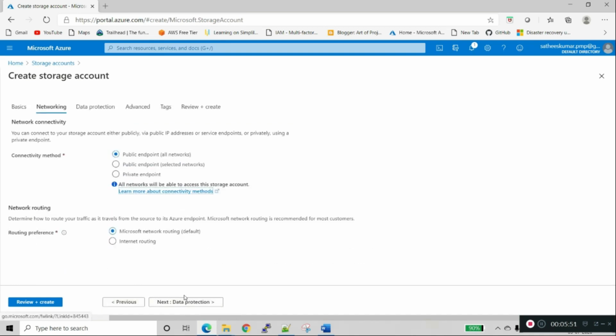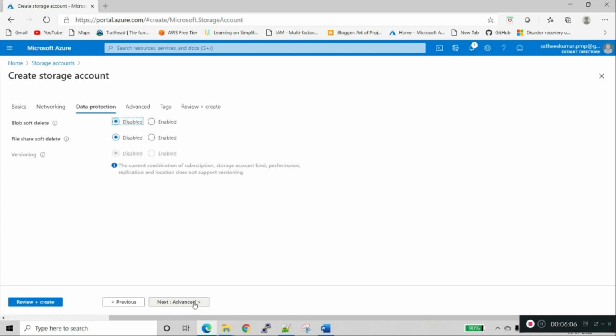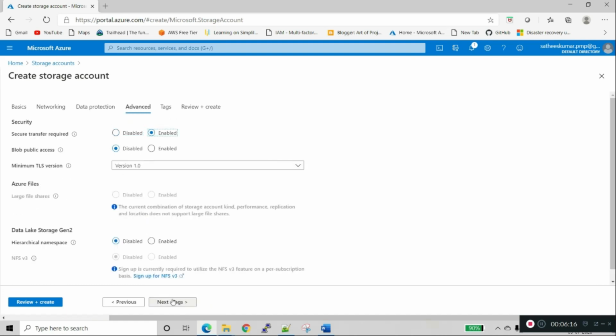Next we are going to networking. In networking, the public endpoint will be available through the internet. Routing preference is Microsoft. Then data protection, which we have disabled. It's the default, so we don't need to change it.